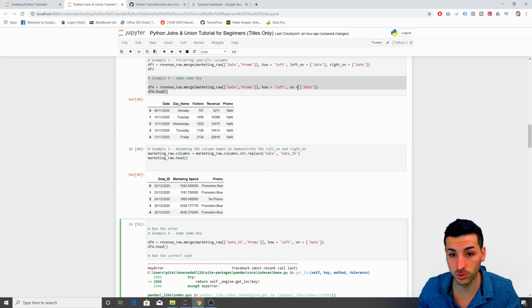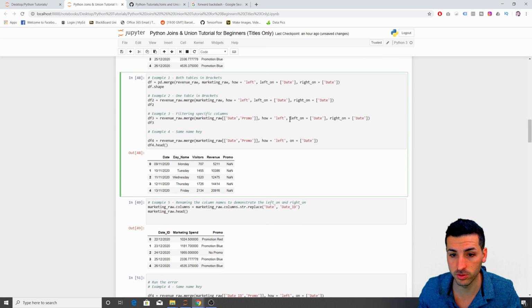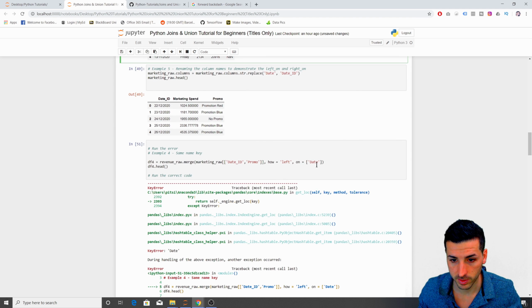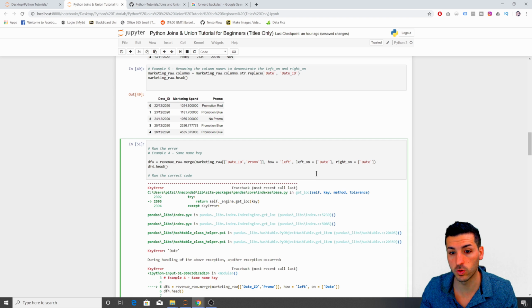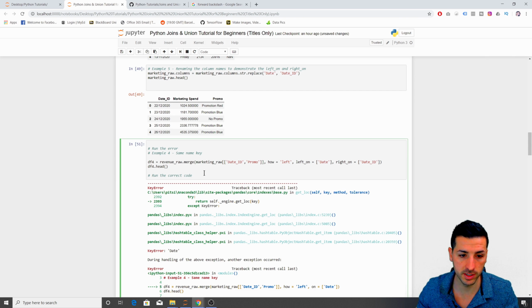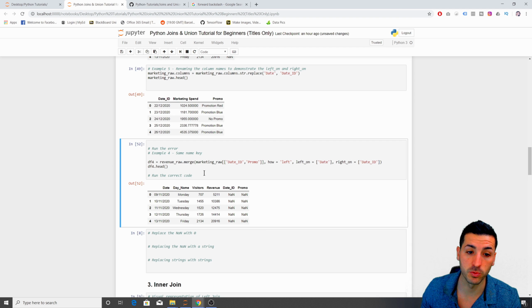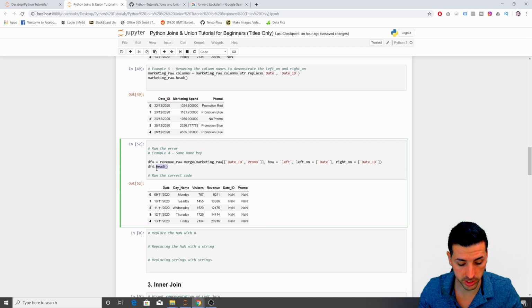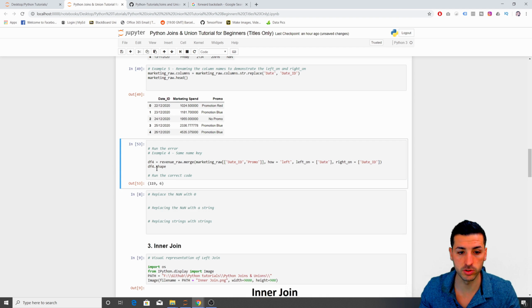So what I need to do is add the left on, this one, and the right on. So I'm just going to copy it, paste it down here. And if I run it as it is, it's not going to work again because the right on is a different column name. The column name now is called date ID as we've renamed it. Copy it, paste it, run it again, and now it works fine. If we run the shape now, just to see how many rows it joined, we can see it's still correct,